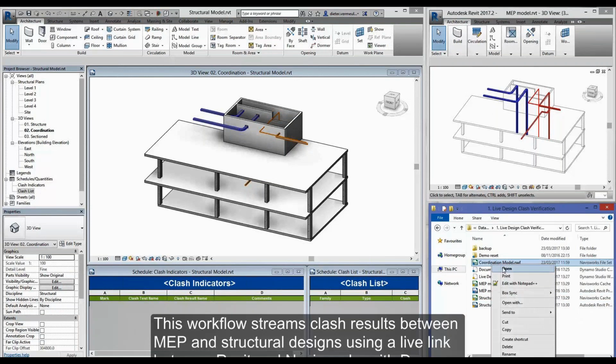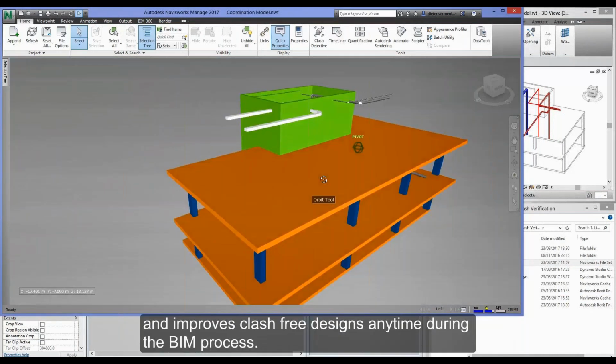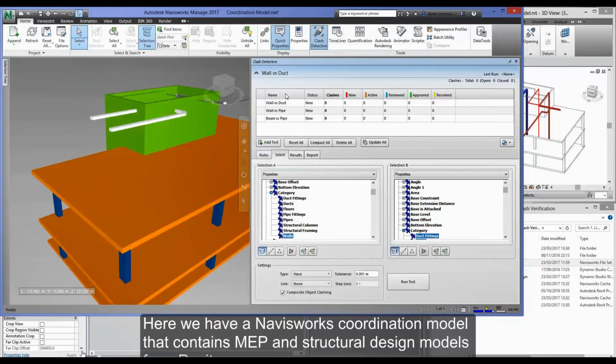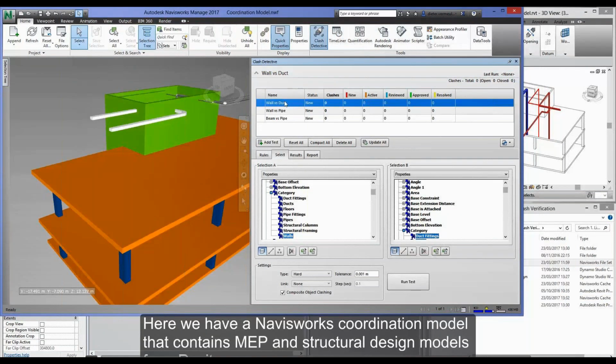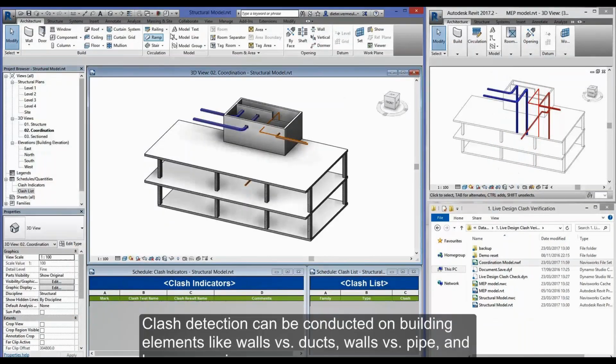This workflow streams clash results between MEP and structural designs using a live link between Revit and Navisworks with Dynamo. And it improves clash-free designs anytime during the BIM process. What you're seeing on the screen is Navisworks open in the background. And at the top there, we did a clash detection between walls and ducts. And this is going to be sent back into Revit. Clash detection can be conducted on building elements like walls versus ducts, walls versus pipes,